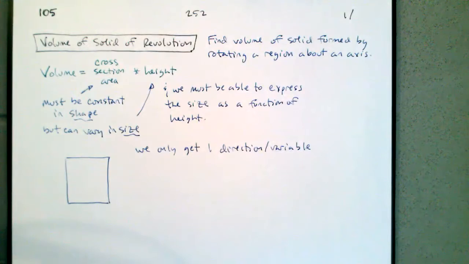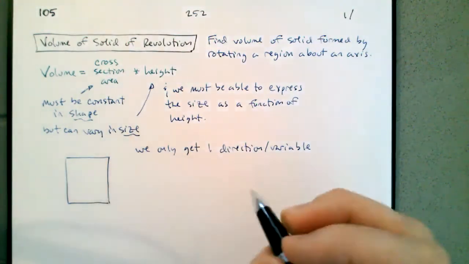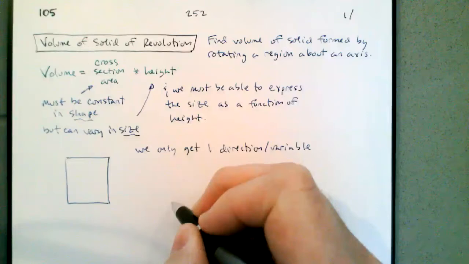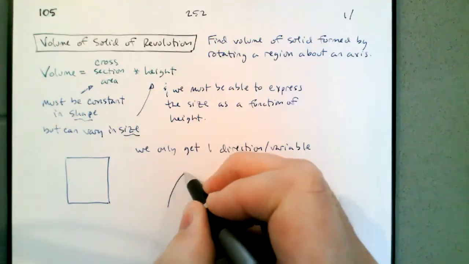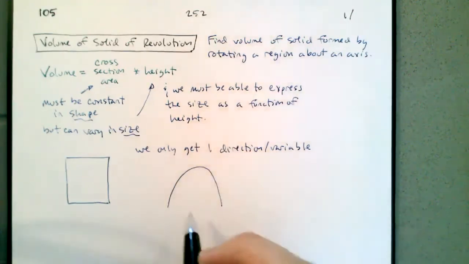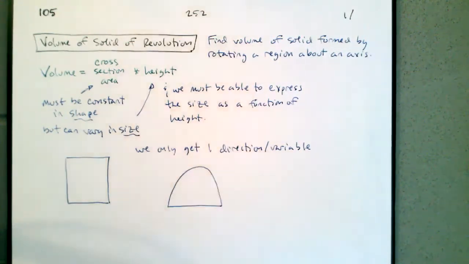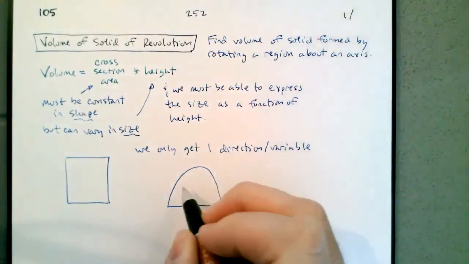I actually didn't want to draw a rectangle. If I have a shape, I'm going to use the one from yesterday. We have this parabolic shape. So the area, if we want to imagine the area as length times width,